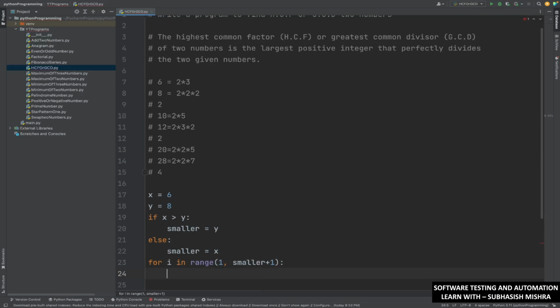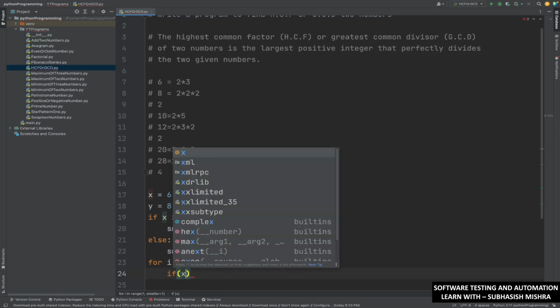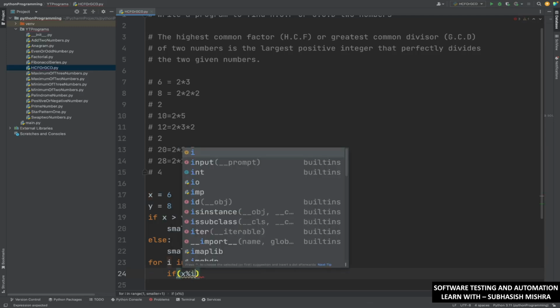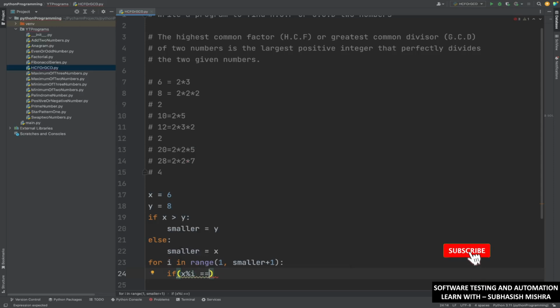Then what we will say? We will write again one more condition. I will explain you all these things, do not worry. Like all other programs how I do explain, here also I will explain. Here we will write if x mod of I is equal to 0